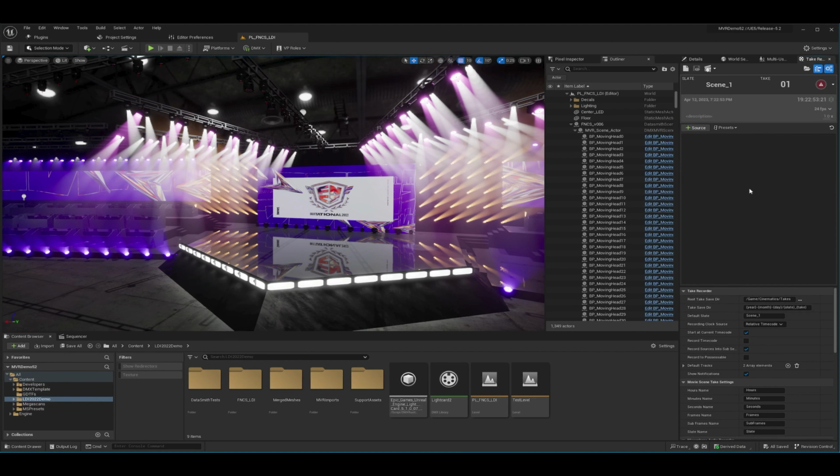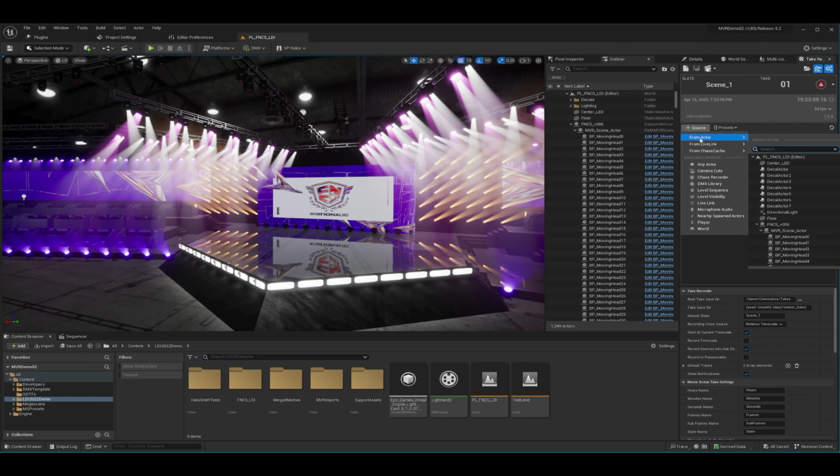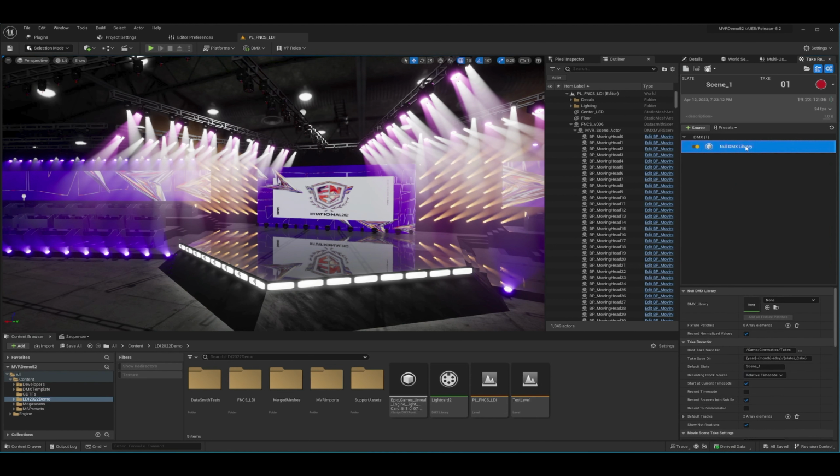Something else that you can do is if you wanted to record this, and so you could then render these out later with better settings. Like right now I have just pretty much default rendering settings in Unreal. Nothing too crazy has been enabled. But so I can add here, if I go to add source, I can pick DMX library, and by default it doesn't know which one I want, so I'm using this FNCS V6 one, and I could say I want to add all the patches, and so it's going to add all 719 fixture patches. So I could then record this data and play it back.